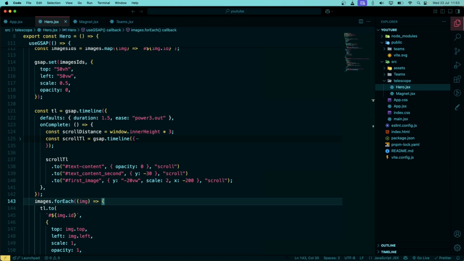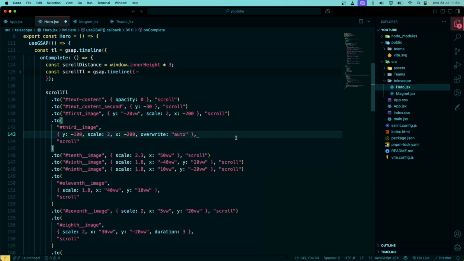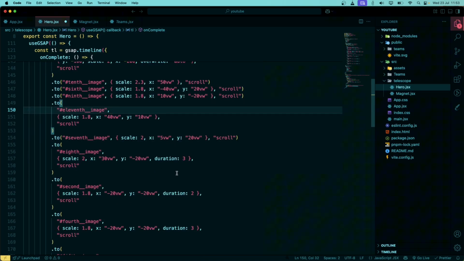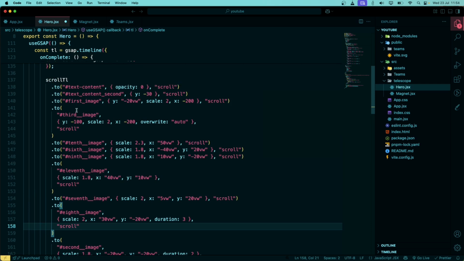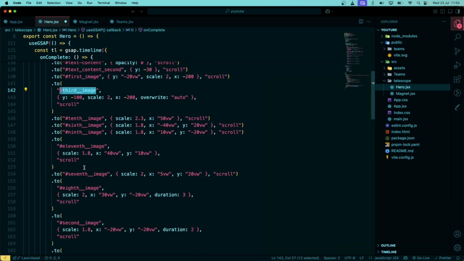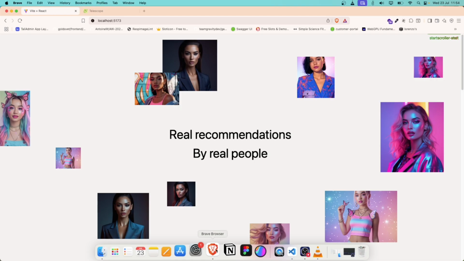So what I will do is I will just copy and paste all of the timelines right here. From the first image, it's doing good, like this, yeah. I will put all of the timeline like this. I have already played with the value, and this is the value that I came up with, and you can write this value. You can pause the video and write this code. There is not a specific order that I write. After the first image, I write third image and 10th, 6th, 9th, 11th, 7th, 8th, second, like this, right? You get the idea. So if I save this, now if I hit reload,